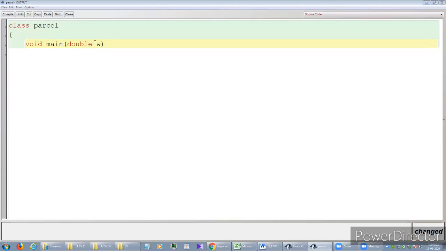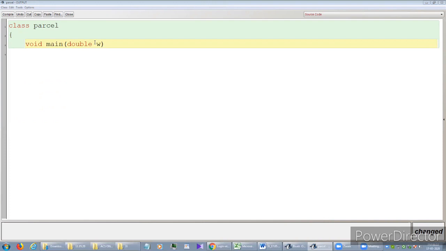Here we have void main double W. Deepan has one question, which is why W is double. Because weight may be 1 kg 200 gram, so 1.2 kg we can take. Suppose weight is 1 kg, 200 gram and 2 milligram. Maybe there. So in fraction you have to accept. So double W means W is a variable, data type is double. There is an option, you may take fractional values as well.